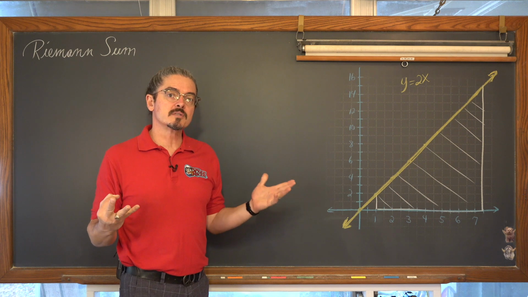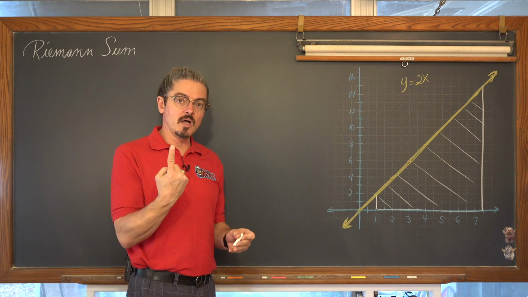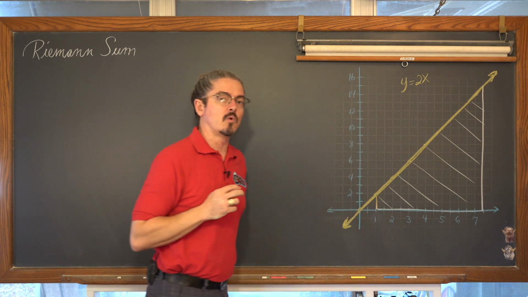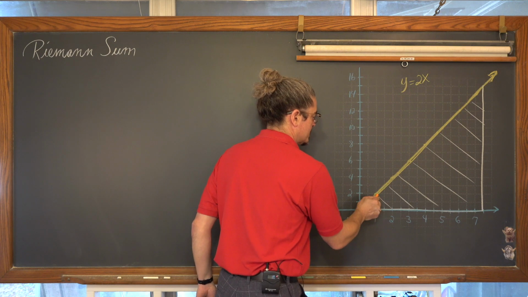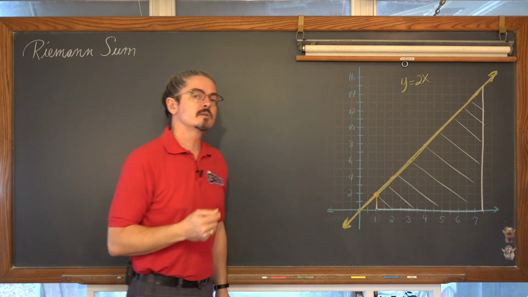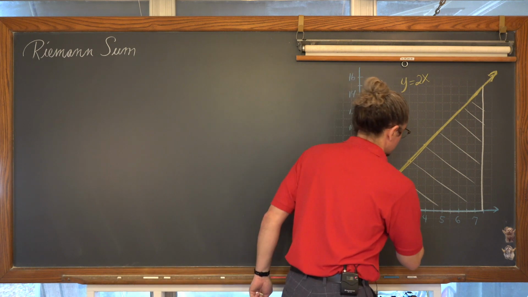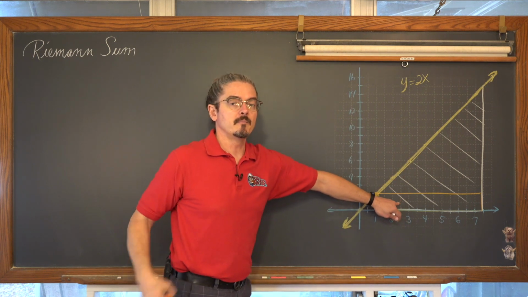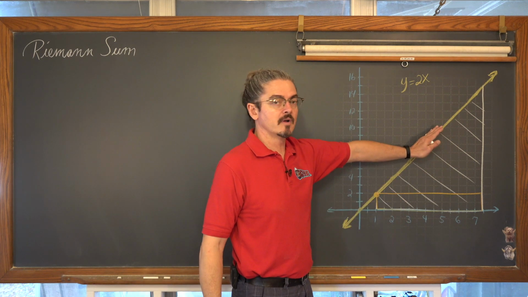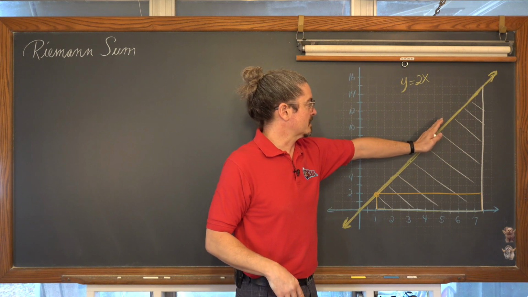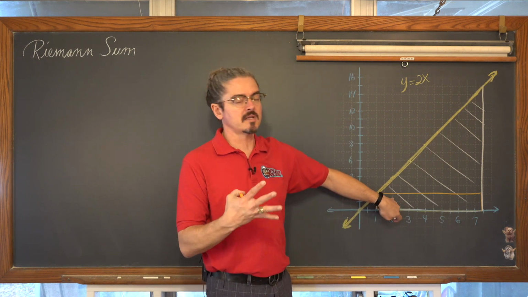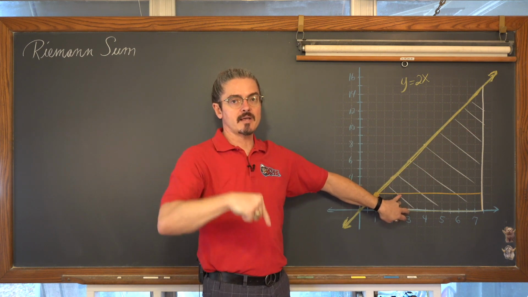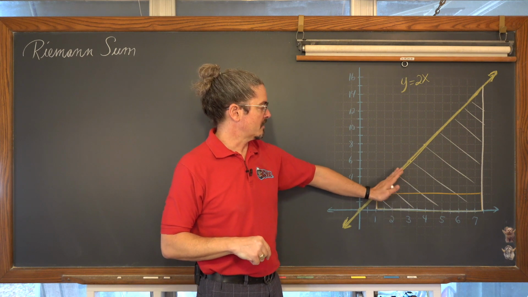And well, the lowest number of common geometric regions we can use is 1. And if I just simply draw one rectangle, I'm going to start at the x value of 1, and I'm going to bring this rectangle up until the upper left-hand corner touches the function, and then just go all the way over to 7 and say, I'm going to let this one rectangle be my estimation for the area under the curve, or it's a linear function, but the curve y is equal to 2x and the x-axis. And we can see that that one singular rectangle is going to miss a lot of area. It's definitely going to underestimate the area between the curve and the x-axis.